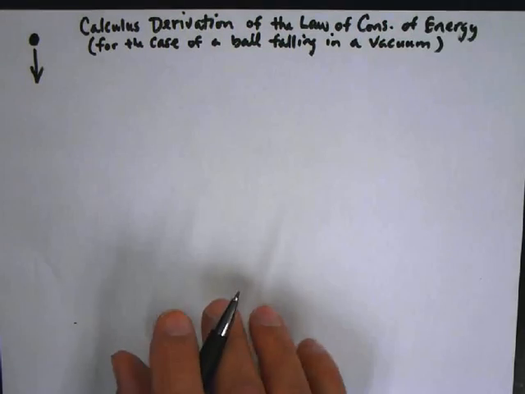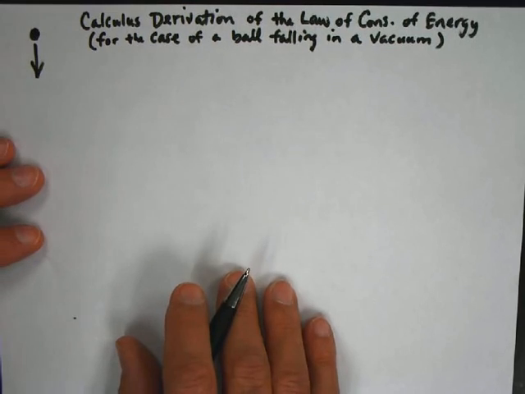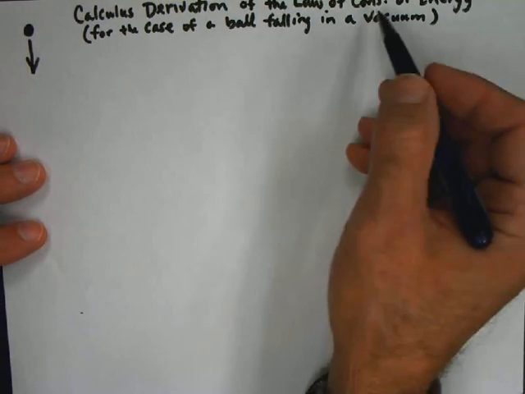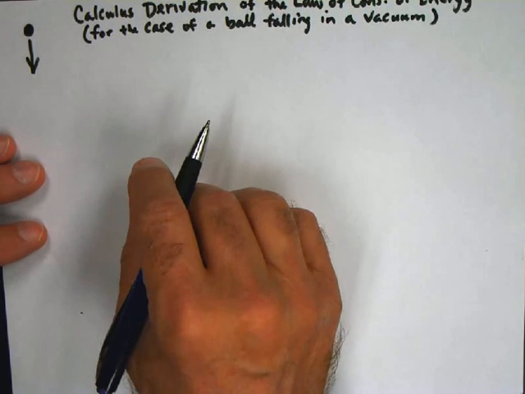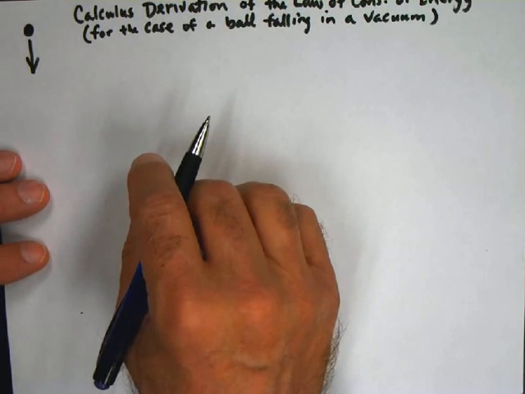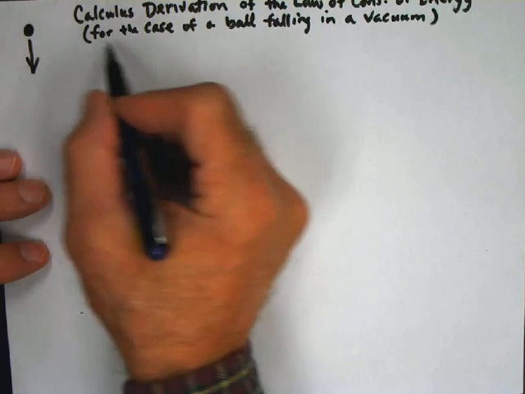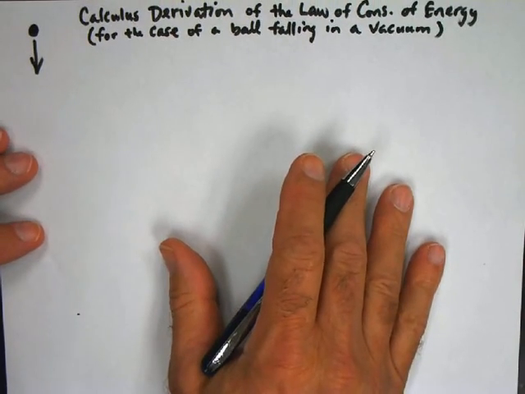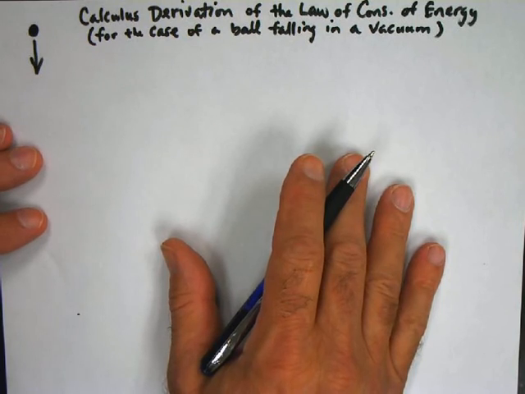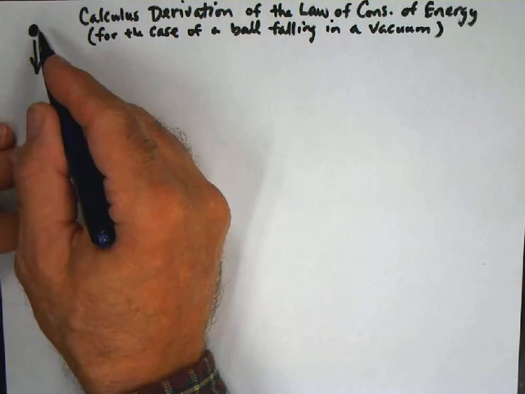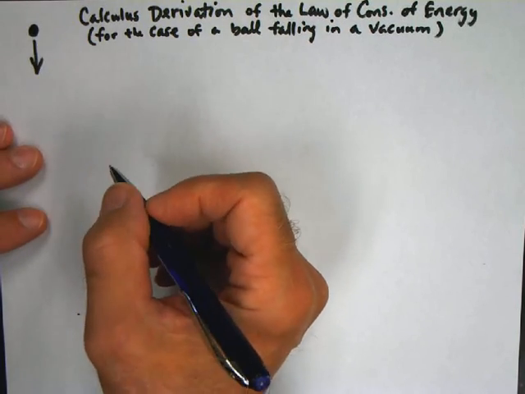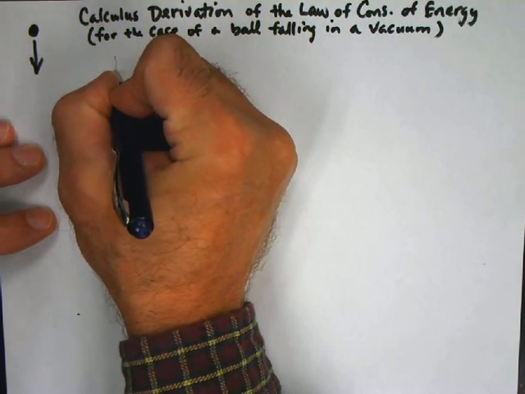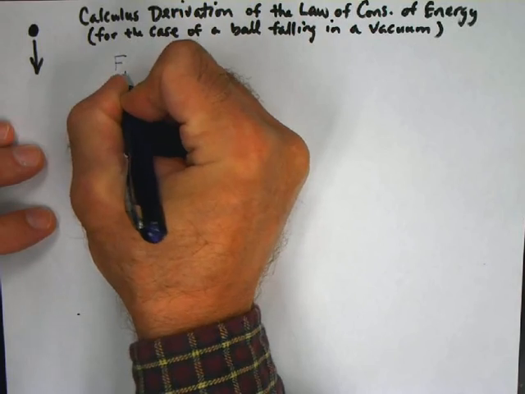Hello again. I'd like to show the AP Physics C students how to derive the law of conservation of energy using calculus. So let's say that we have a ball, and this is for the special case of a ball falling in a vacuum, no air resistance. The only force acting on it is gravity. Okay. So let's say we have this ball falling, and we know, according to Newton's second law, that the net